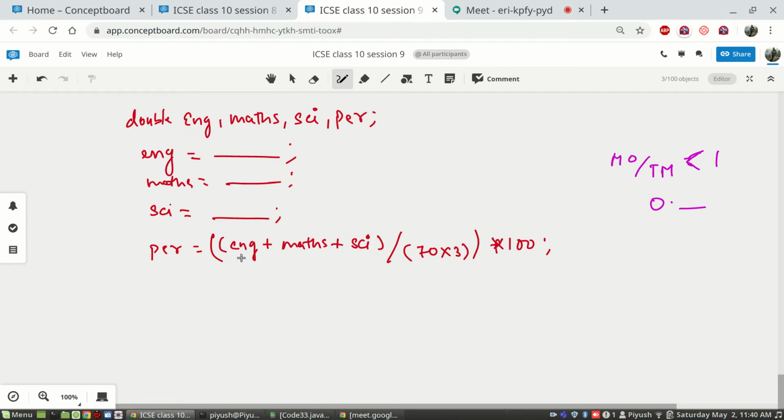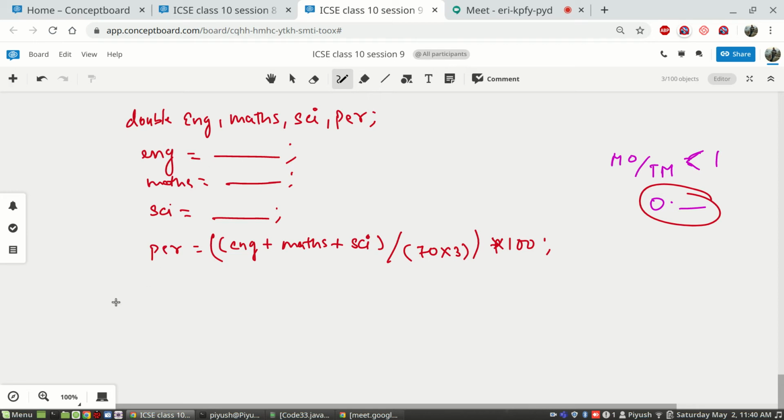So the numerator will be English, maths and science, all double values. So double by integer, the highest data type is double. So this expression will now result in the proper 0 point whatever multiplied by 100. A double value multiplied by 100 will again give you a double, which will be stored in a double variable. Now the correct percentage will come.